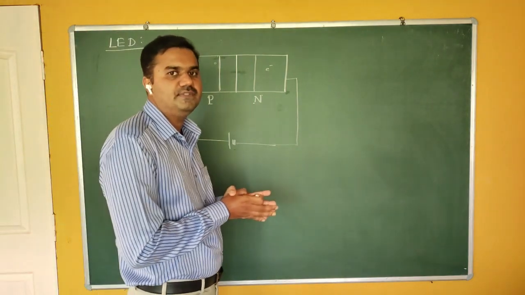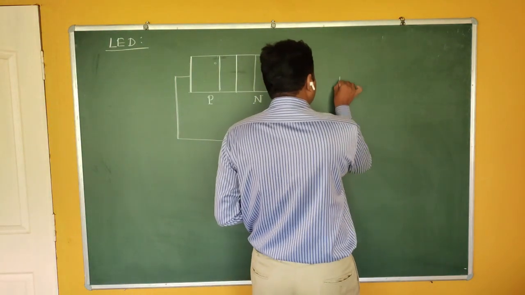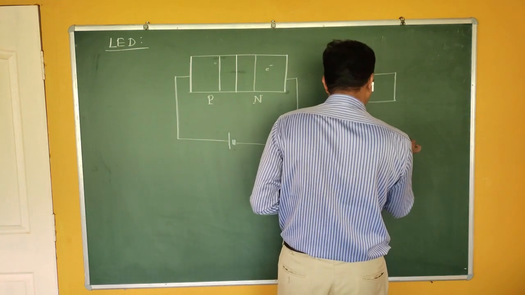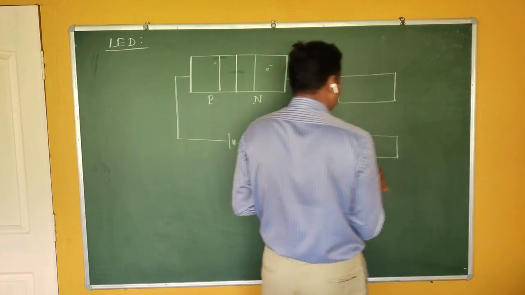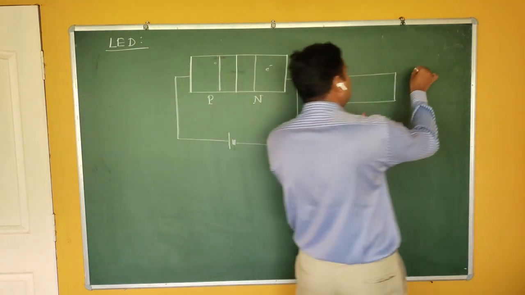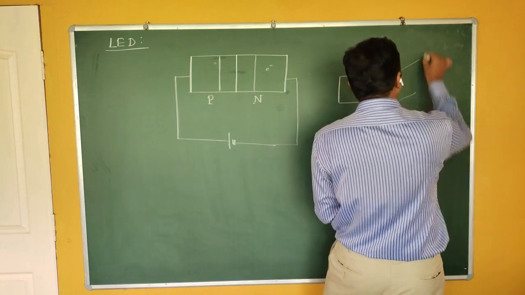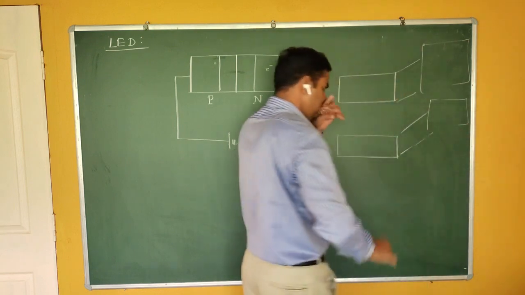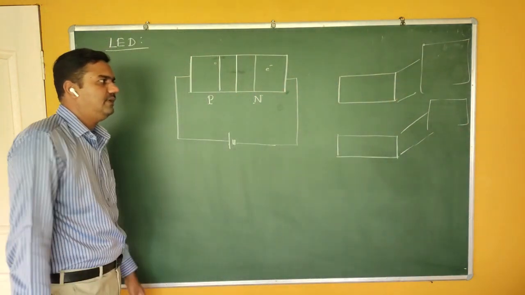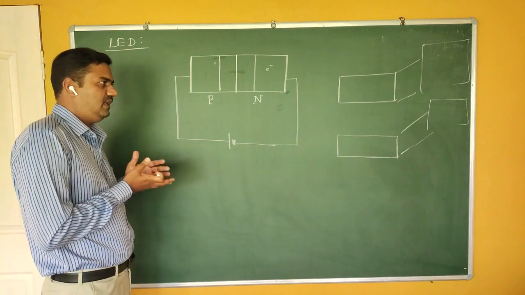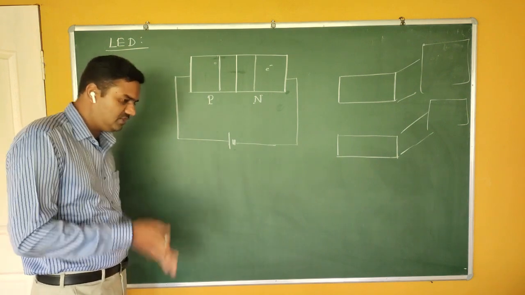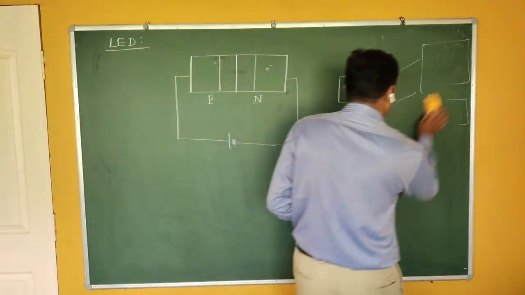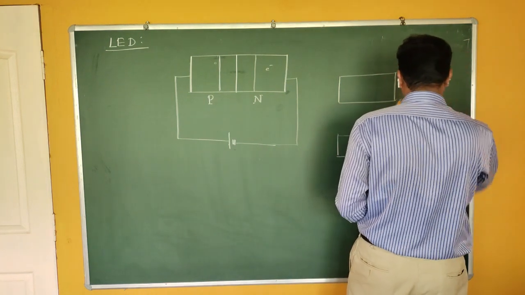Now see here, what happens if this recombination takes place? As you know, in our first lecture we covered some concepts of the band theory of solids. But it's not 100% true; at a higher level you will study that the bands are not like this. The bands are somewhat different for p type and n type. The conduction band and valence band are not aligned on the same line; one has higher potential and the other lower. But in a lower class, for the sake of easier explanation, let me assume a simple picture.